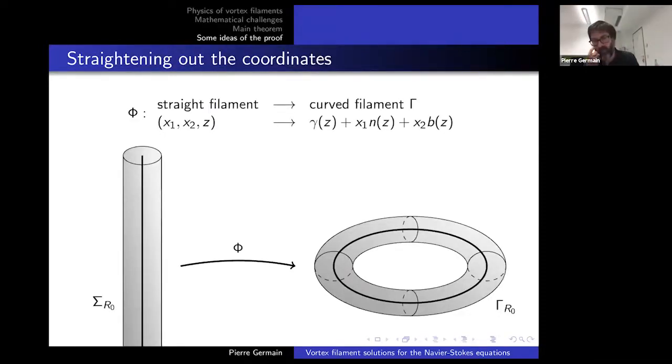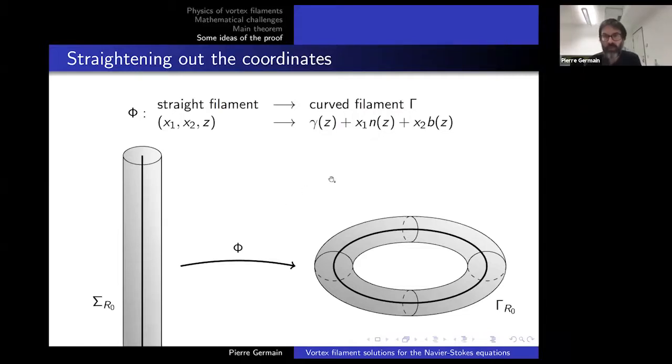So what I just said applies to the case of a straight filament. So now, how do you move from a straight filament to a curved filament? Well, the idea is to change coordinates to reduce the case of the curved filament to that of the straight filament. So what is our change of coordinates? Maybe so you can analytically use this formula